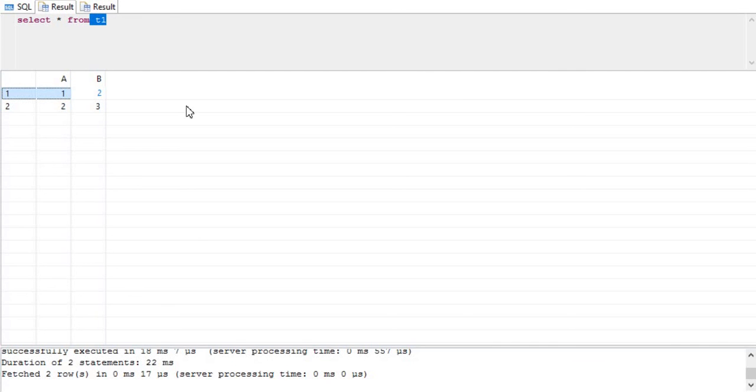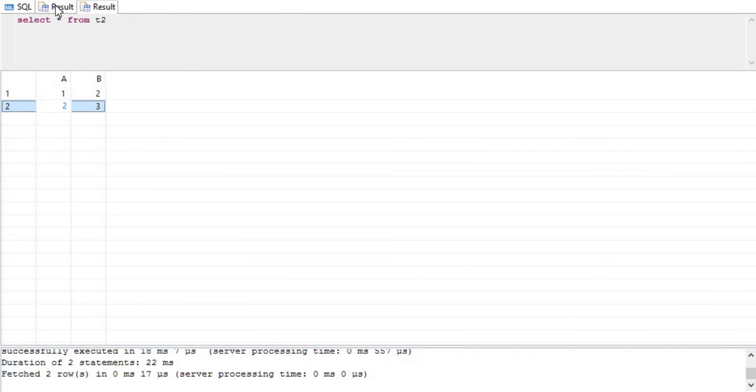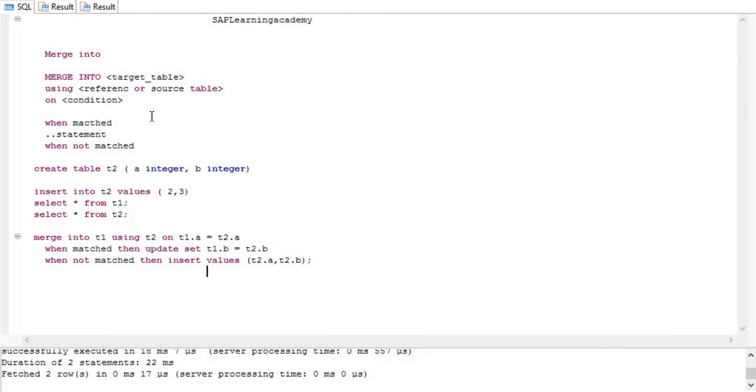Now when that is not matched, it is going to insert a new row into the T1 table using T2.A and T2.B. The value was 2 3, so that's why 2 3 has been inserted into the T1 table.